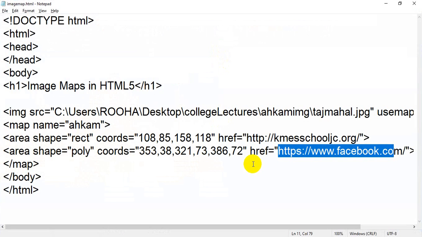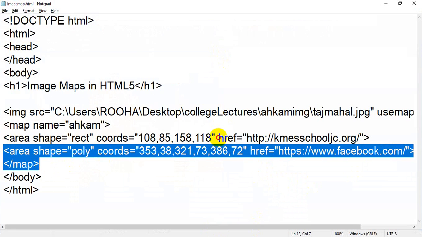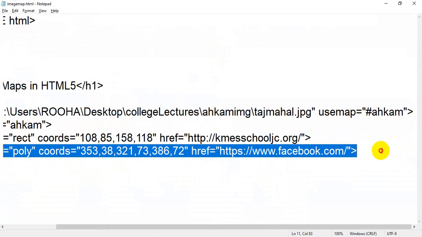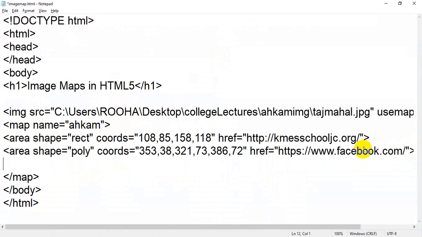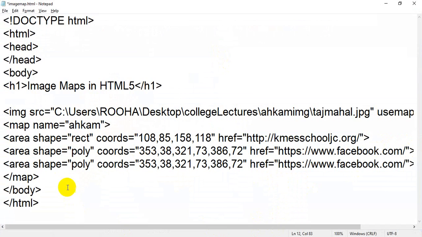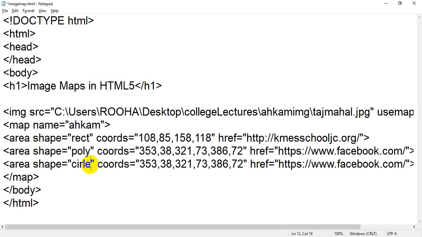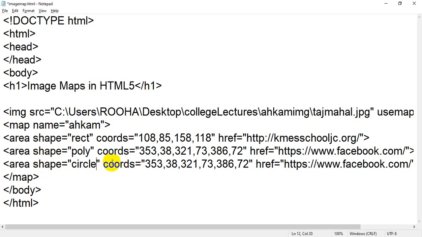Okay, so let me copy it, because I want to add one more area tag. Control C. Okay, Control V. Shape will be, instead of poly, I will take circle. So shape equal to circle.